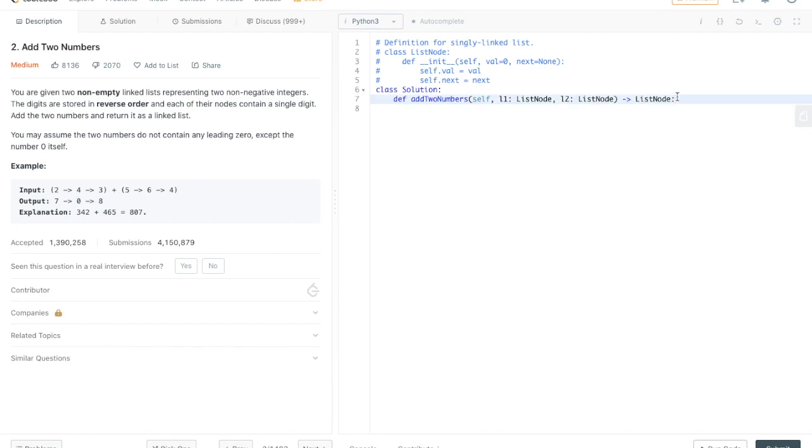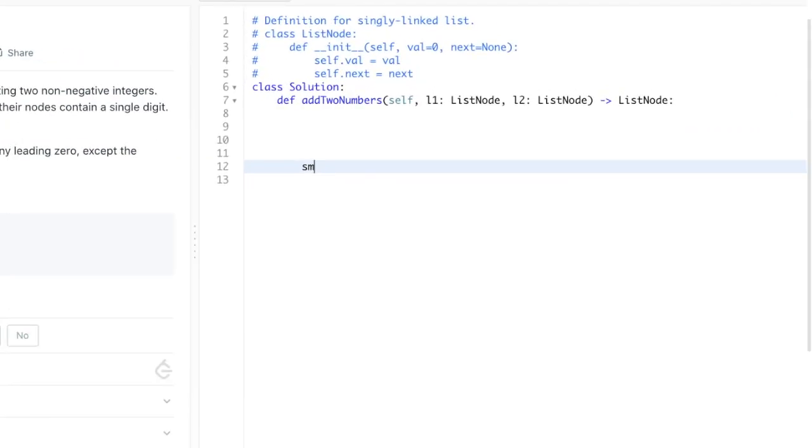The very first task is to add the numbers. Suppose this is my SM, let me zoom. So SM equals, we have to add the digits.